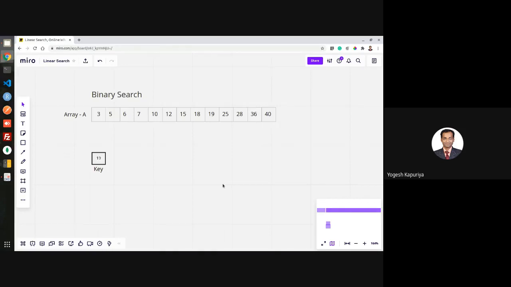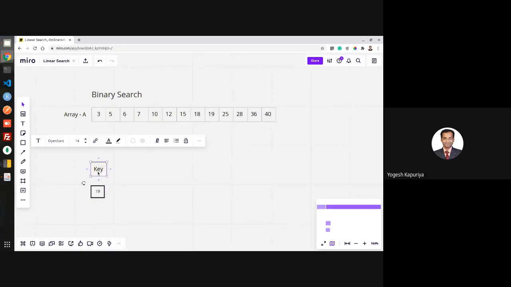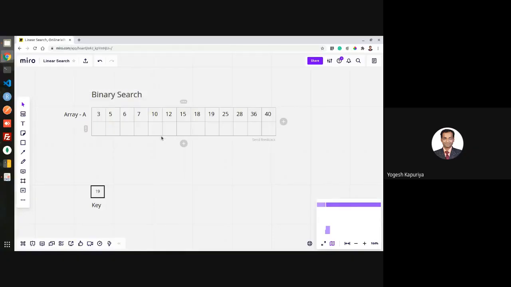Let us first understand the approach, then I will show you the algorithm also. How binary search works. First step in any binary search technique is, let us say you want to search this element, which is the key. Let us use the same numbers which are there in your C program.